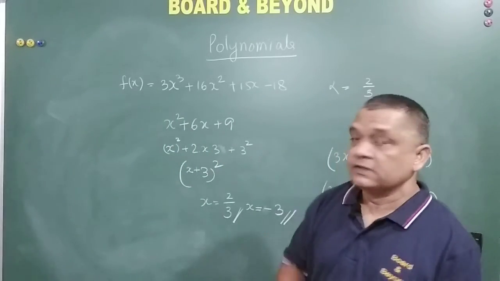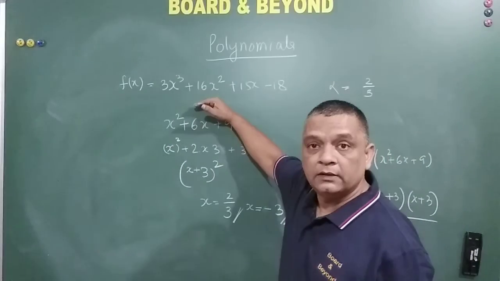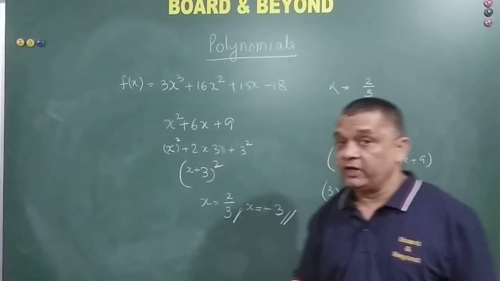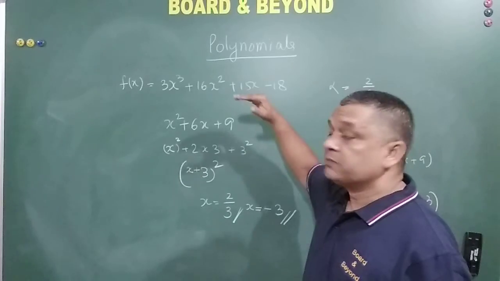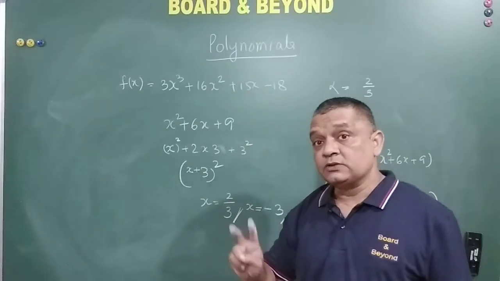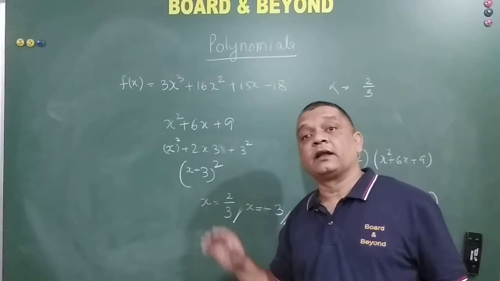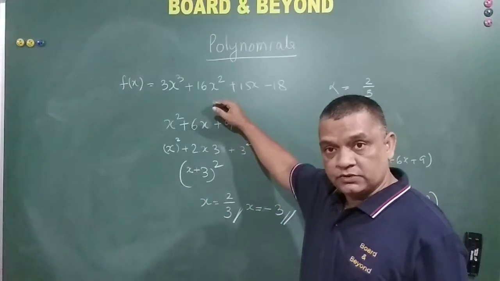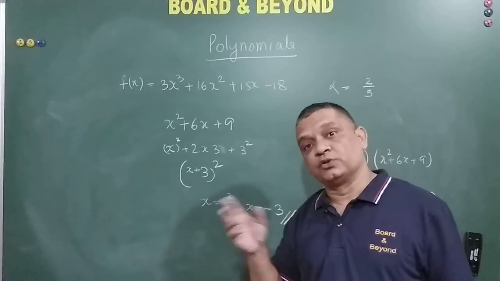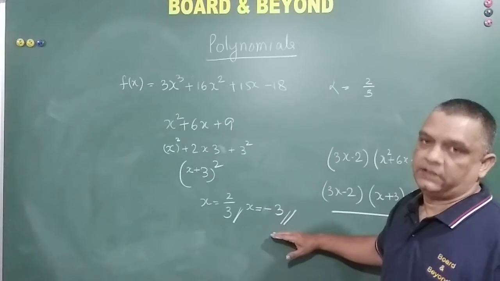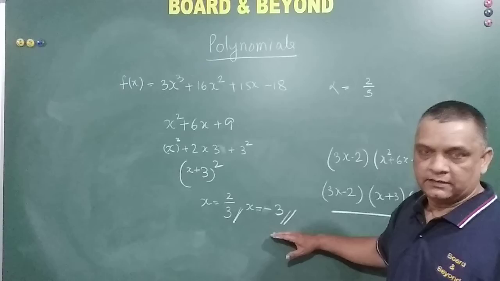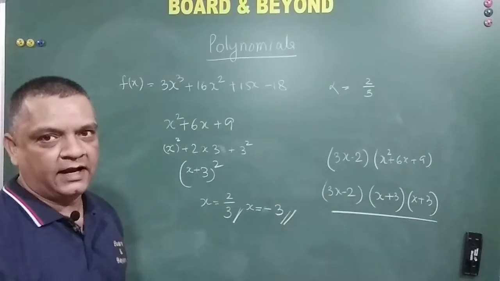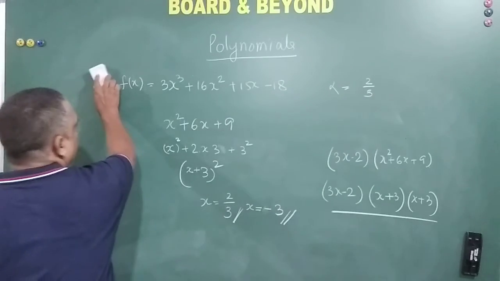Look here, my friends. This was a cubic polynomial. How many roots have we got? 2 roots. That means it can have a maximum of 3 roots, but there is always a chance that it can have fewer than 3 roots. Maximum it can have 3 roots, but fewer is also possible. So that is the case here. I hope this posed a little challenge to you and compelled you to think.